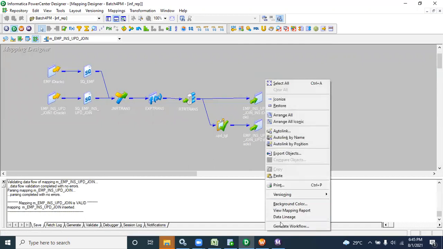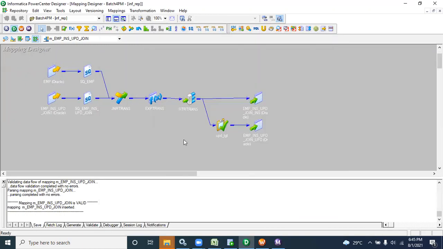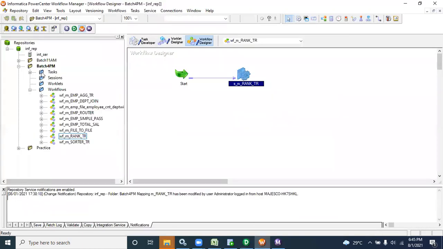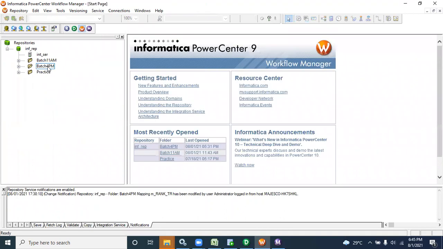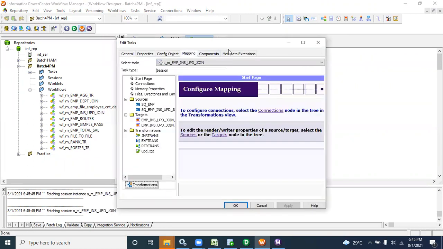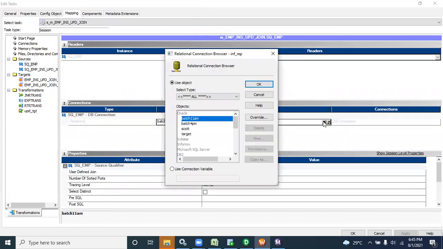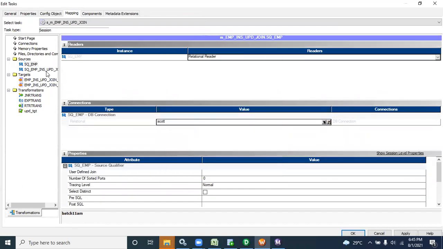So right click and do the same like this. Generate workflow. Next, finish. Then go to the workflow, and here you can disconnect and reconnect again. Now you can see EMP insert update join. This one. Double click it, go to mapping. Here you have to check the source, and here the target table.